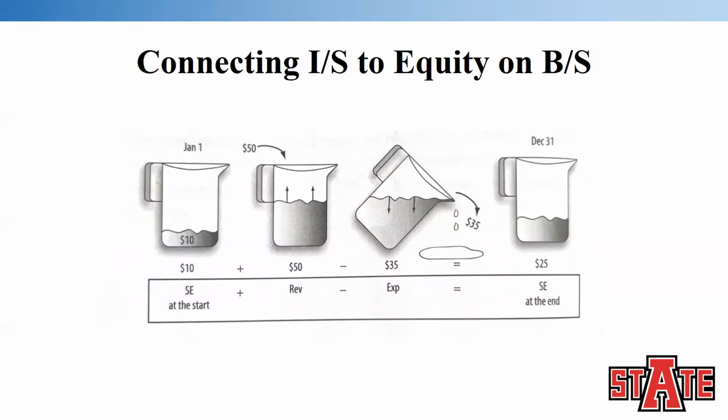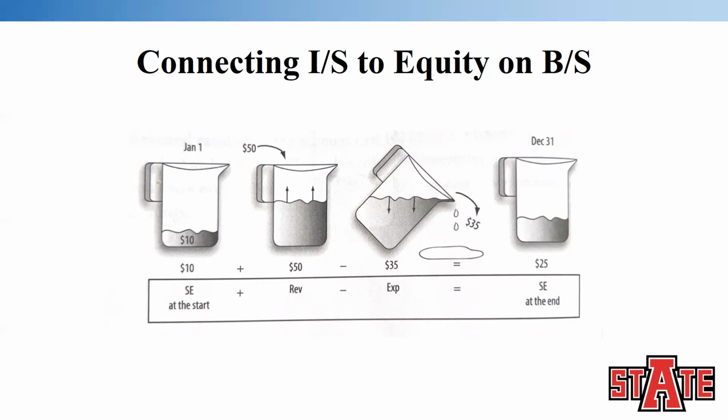So I want to spend a couple minutes here talking about these two exhibits that show up in the book. They're really good, and they're going to help you track from net income to the balance sheet. As I said before, when you have net income of a certain amount, that can go to one of two places: to shareholders in the form of dividends, or to the balance sheet in terms of equity. If it goes to the balance sheet, that means that money is being reinvested in the company. It gives the managers additional capital to play with and make investments with. So think about this example like a water pitcher,